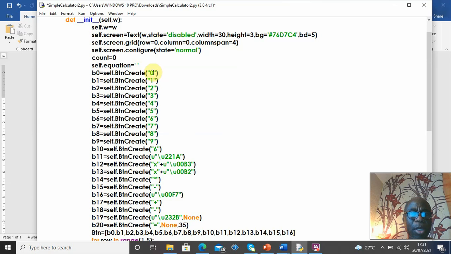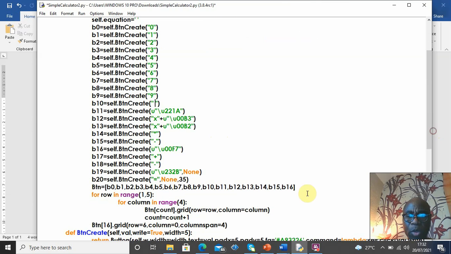Okay, and we have 0, 1, 2, 3, 4, 5, 6, 7, 8, 9. For this, let's just make this blank for now. Let's leave it blank. Eventually, we're going to be putting something there. We can add another functionality. I don't know, we've added division, multiplication, addition, and the rest of them. So we're going to add one, but for now, let's just leave it blank. Okay, so we're going to number this up to